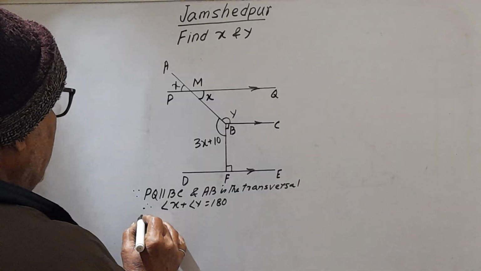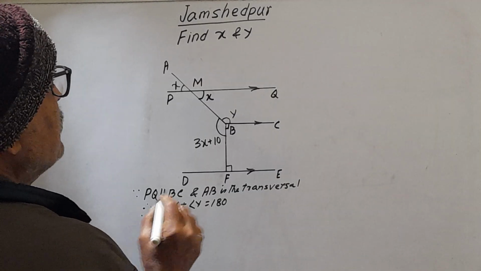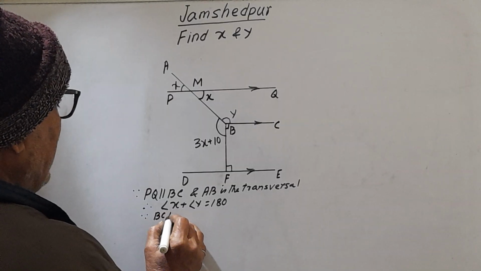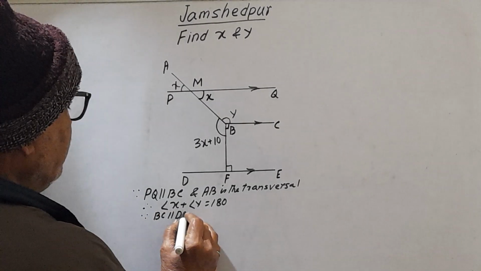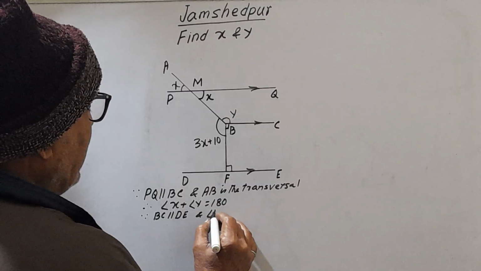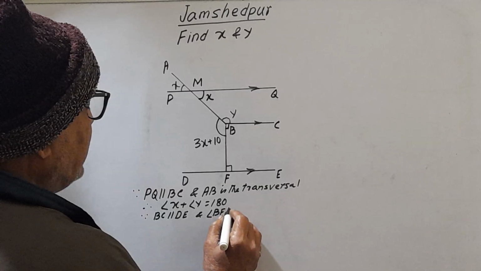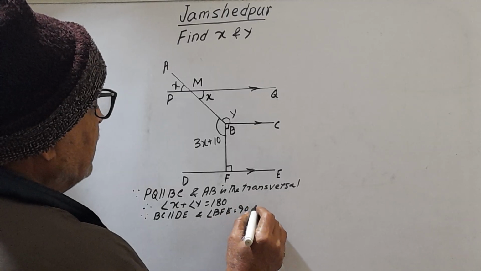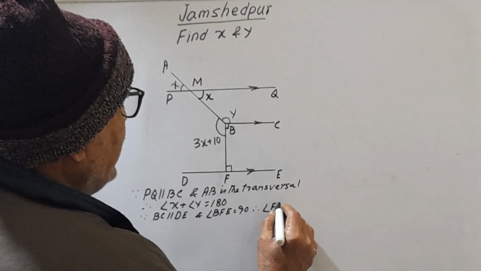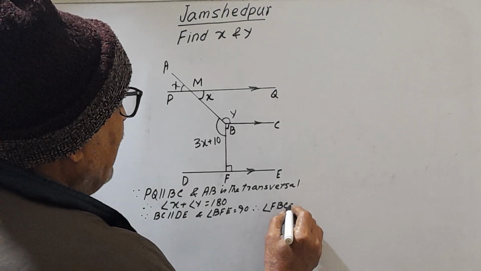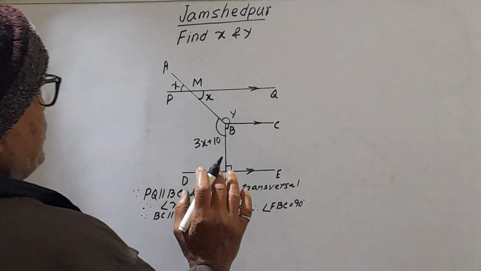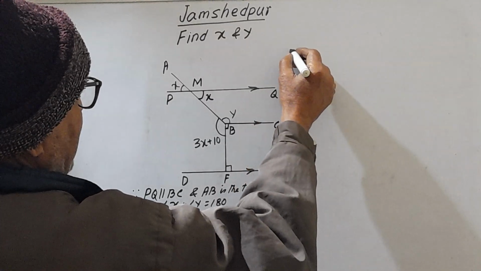So when BC parallel to DE and angle BFE is 90 degree. Therefore, angle ABC equal to 90 degree. Now you see, when complete angle is 360 degree, therefore, आप यहाँ लिख लीजिए, therefore